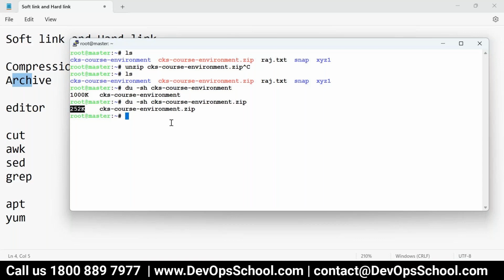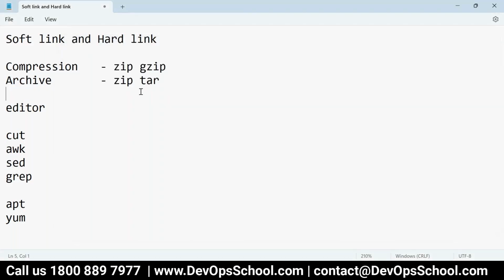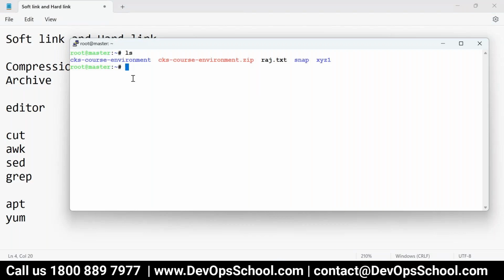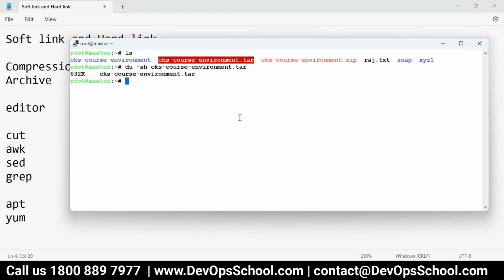So this is the one. But what about tar? Let's say you don't want to compress, but you want to create a tar. How do we do that? tar hyphen c for create. I forgot that. See that, cvf, tar and this directory. I created a tarball. This will not create compression, but what it has done is keep all the files and directories in one, and you see that it has not created much compression, but it created one tarball. You can do the untar using tar hyphen xvf. X means extract, v verbose mode, f file and stuff like that.